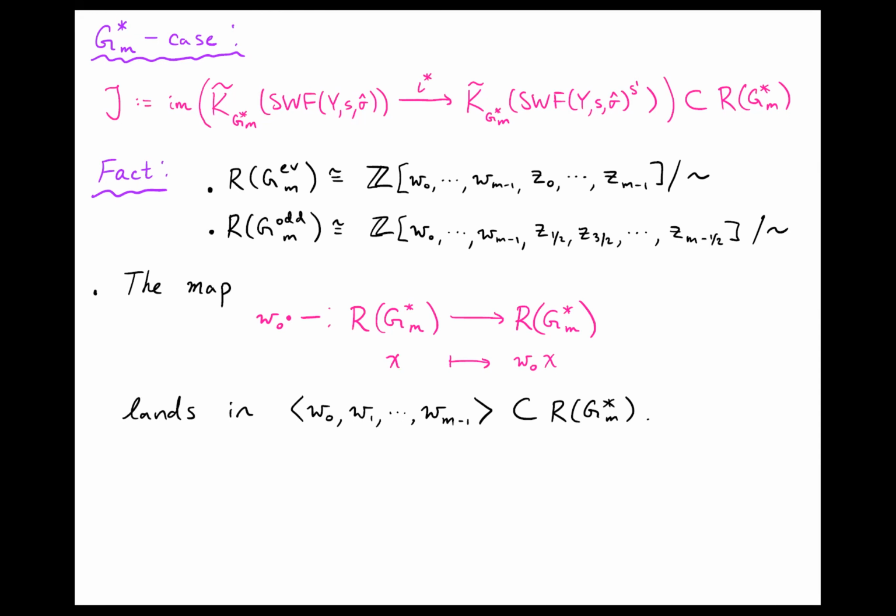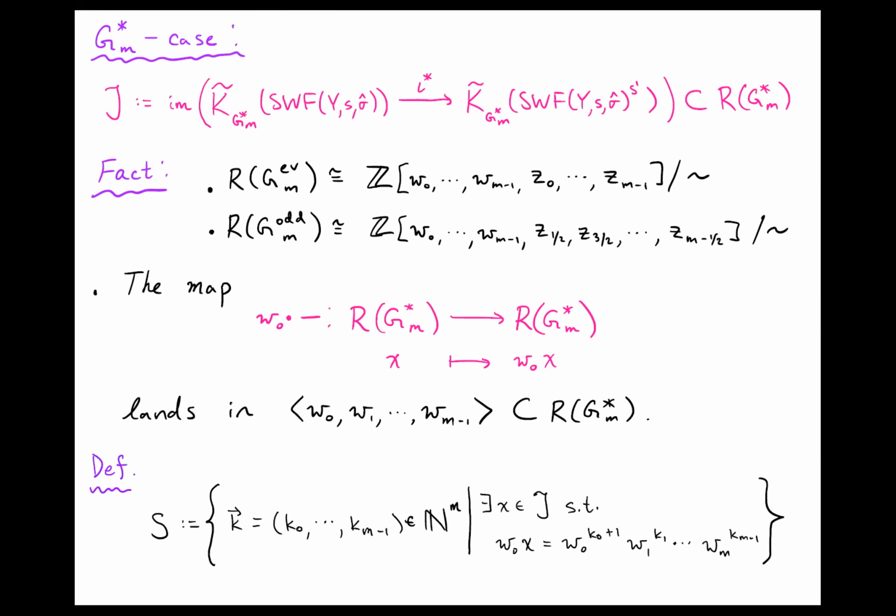Right, so it kind of kills the Z variables. And so this collapses our ring into a smaller subring, which is a lot more palatable. It's just generated by M variables. And then what we do is define some set S,